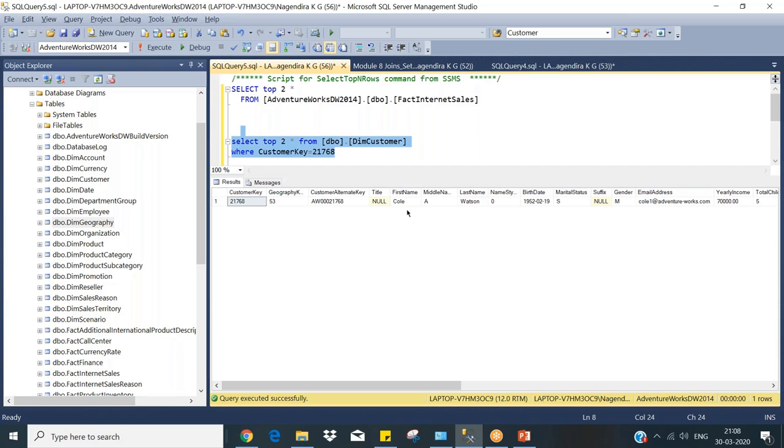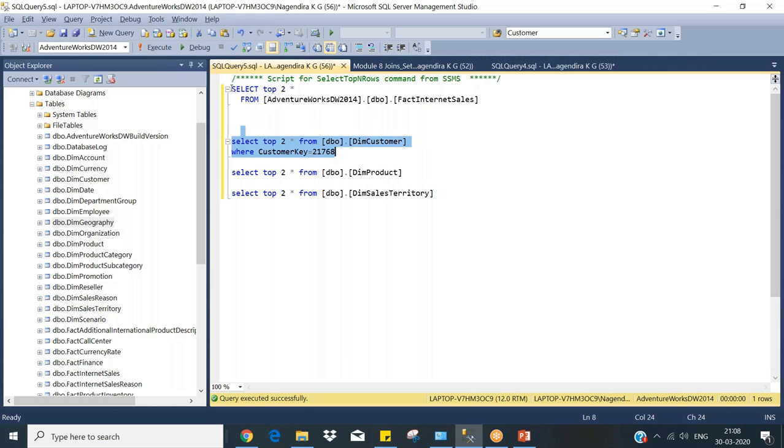So people will ask something like, for Cole A. Watson, can you give me all this list? They will ask a question like this. So let us do it in a query. First of all, I need to have this table,